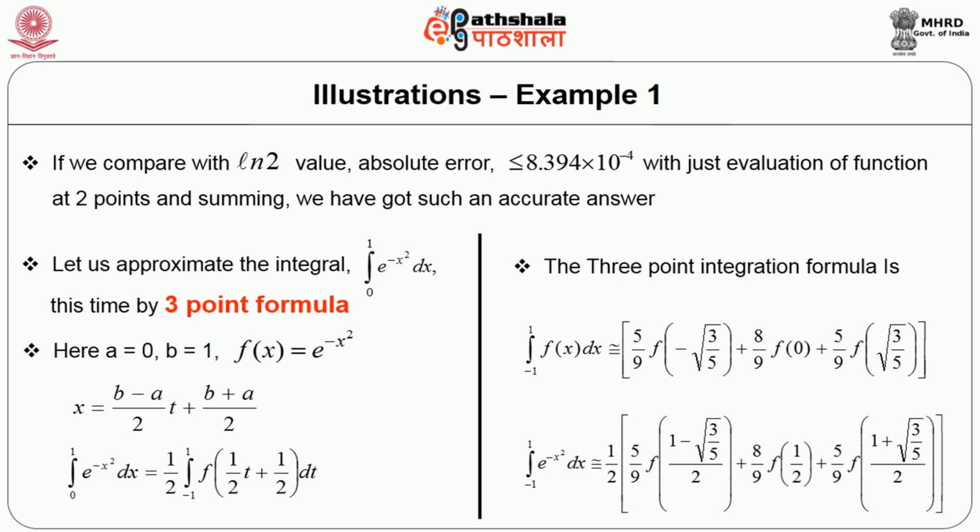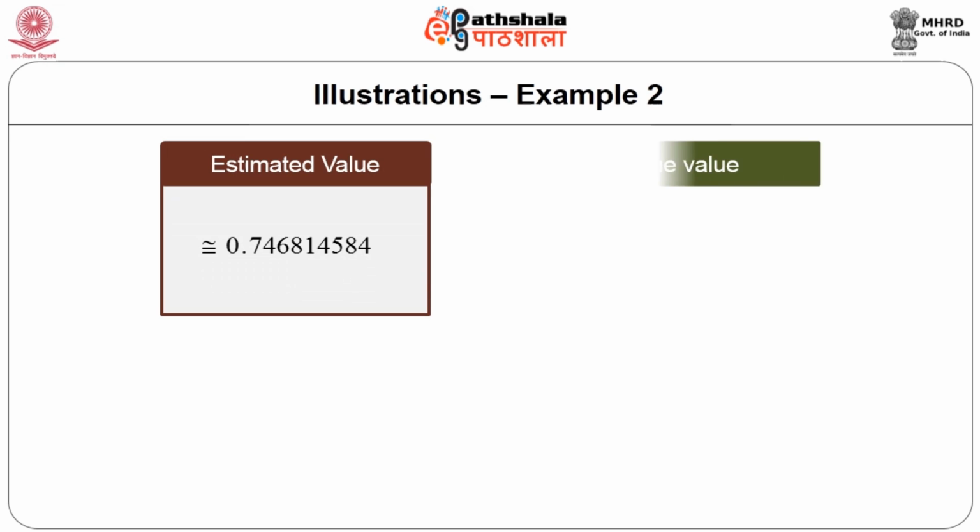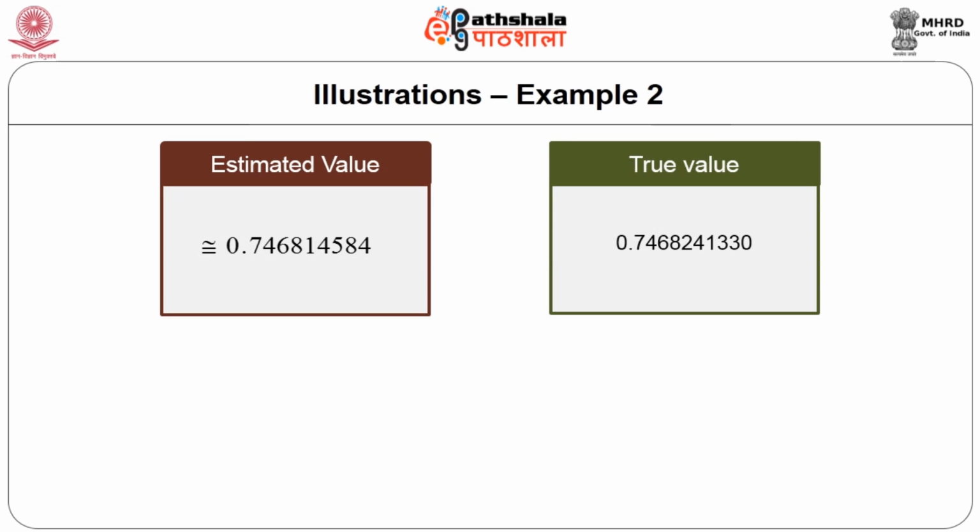So, the integral from 0 to 1 of e raised to minus x square dx becomes, b minus a is 1, so 1 by 2, and in limits minus 1 to 1, f of (t plus 1) by 2 dt. And using the 3-point formula we get 5 by 9 function at minus root 3 by 5 plus 8 by 9 function at 0 plus 5 by 9 f at root 3 by 5. The answer is 1 by 2 times [5 by 9 into f at (1 minus root 3 by 5) by 2, plus 8 by 9 into f at half, plus 5 by 9 f at (1 plus root 3 by 5) by 2]. And substituting f(x) as e raised to minus x square, calculating the answer comes out to be